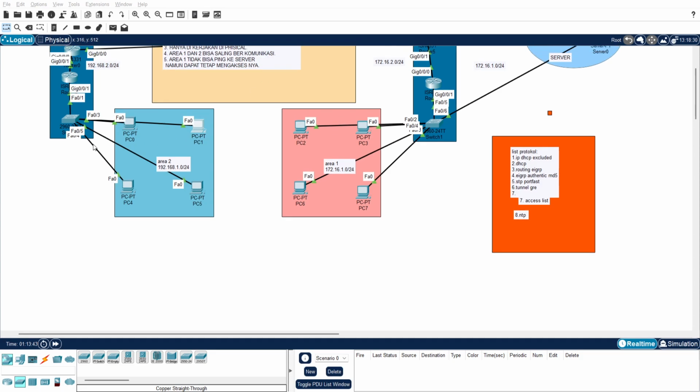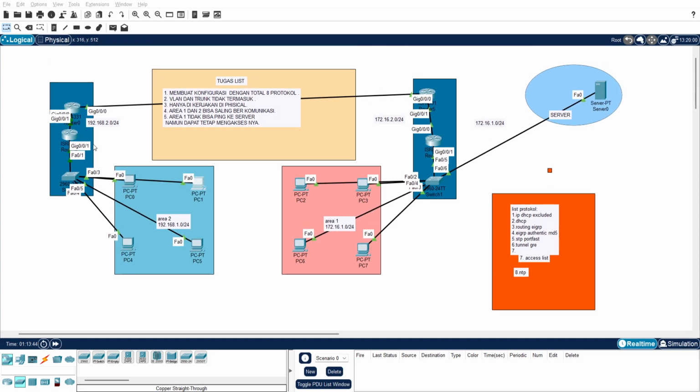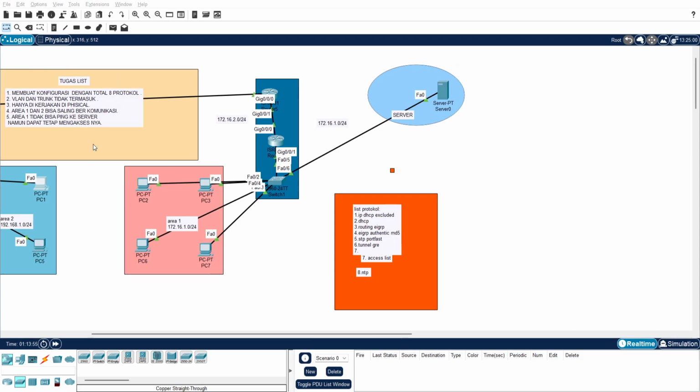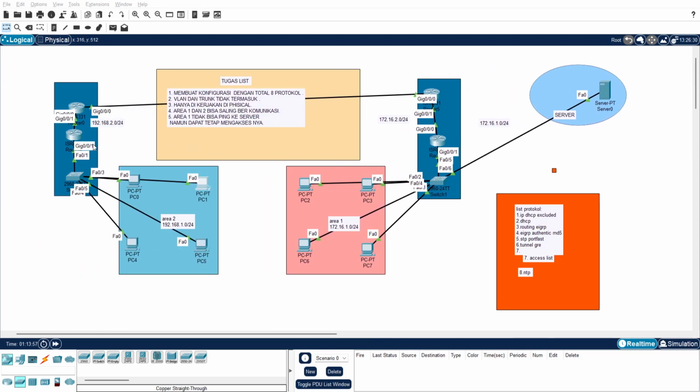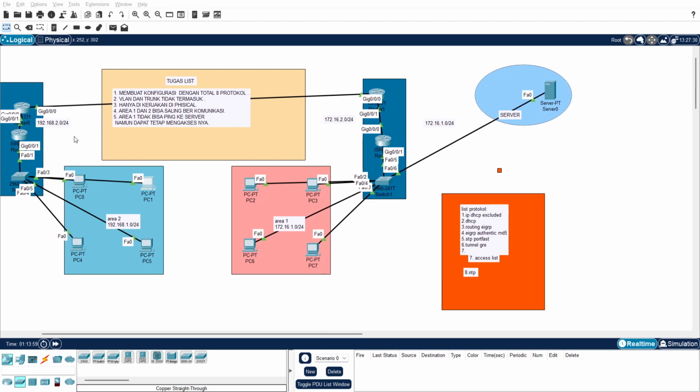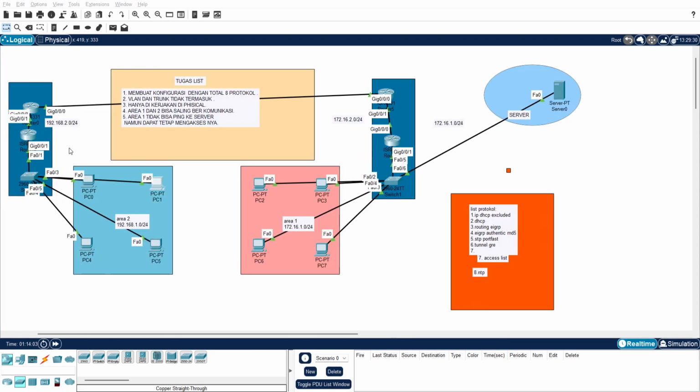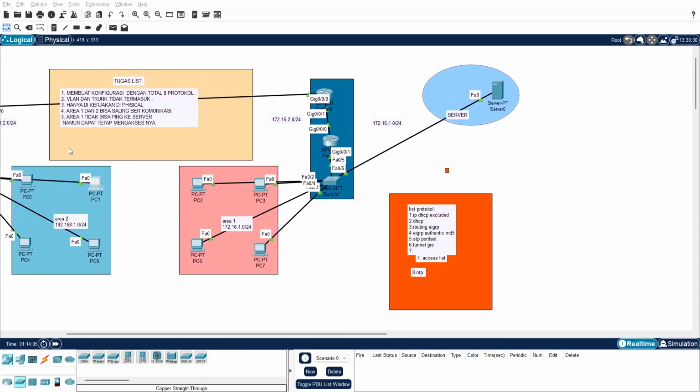You see, in the network of 192.168.1.0, there are only 5 users. There is the router, the default gateway, and then PC1, PC0, PC4, and PC5.